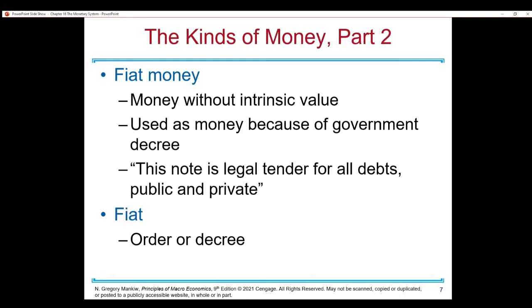Why can the United States dollar purchase a good or service, but monopoly money cannot? It's as simple as the government saying that the US dollar is worth more than the monopoly money. It's worth $1. It's worth whatever amount of goods or services. Well, if you look at any dollar, it's going to say on it that this note is legal tender for all debts public and private, which is basically the government saying this is what we're going to use for economic activity.